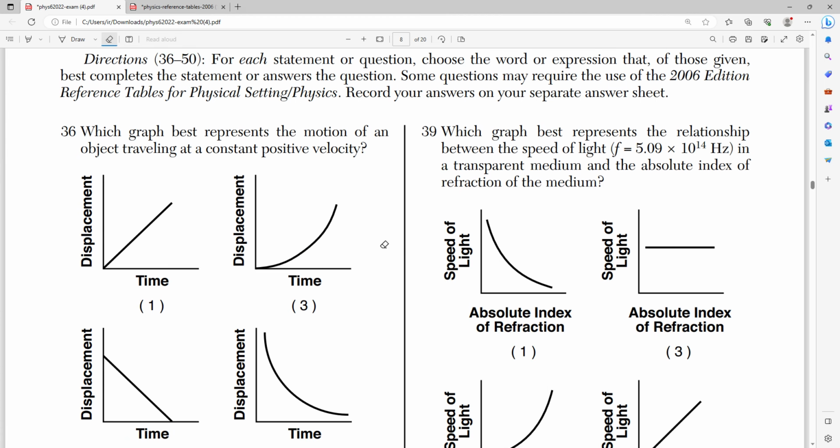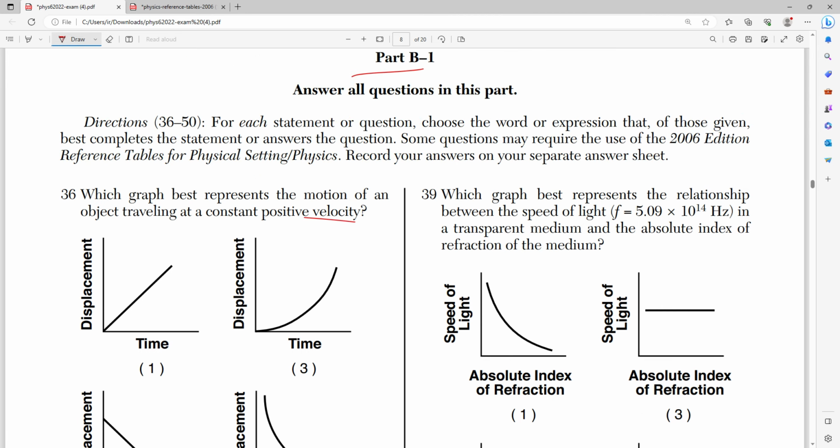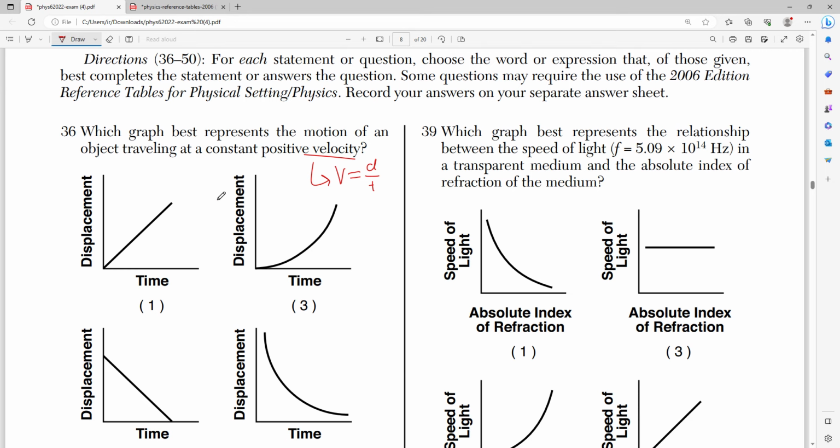We're going to be starting off with question 36, which asks which graph best represents the motion of an object traveling at a constant positive velocity, right? So our question is pertaining to velocity. So I'm just going to list the formula. I know that v is equal to displacement over time, or d over t,